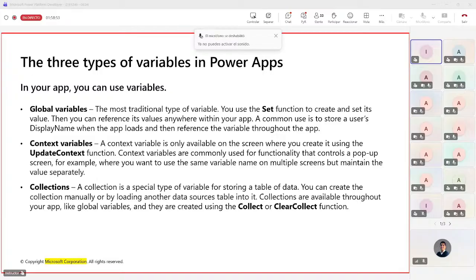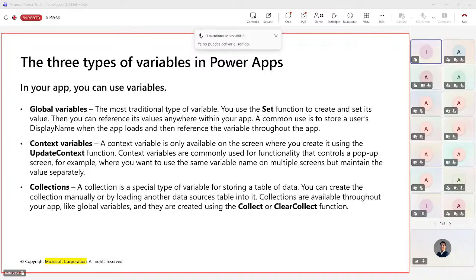Now, let us try to get some further understanding in terms of variables, right? So you can use variables to temporarily store the information that you need to reference while an app is running. The common scenarios include keeping a running count, managing UI state, improving performance by avoiding repeated calculations, or temporarily storing a list of data as well. Again, variables are a key driver for imperative logic in Power Apps because they allow you to build the sandwich